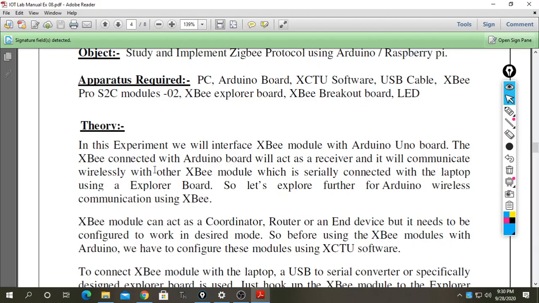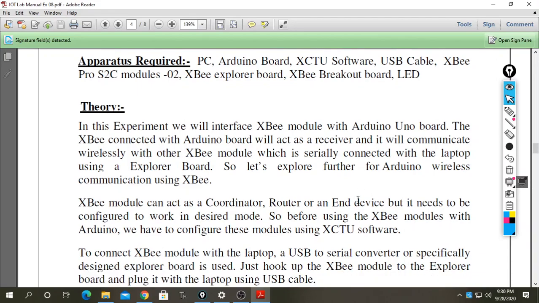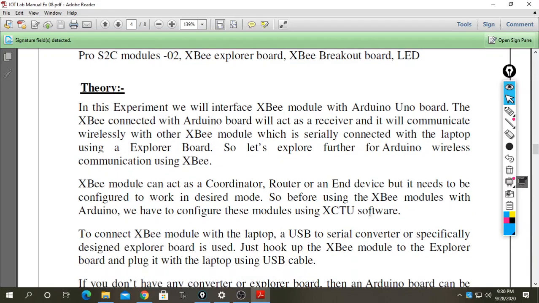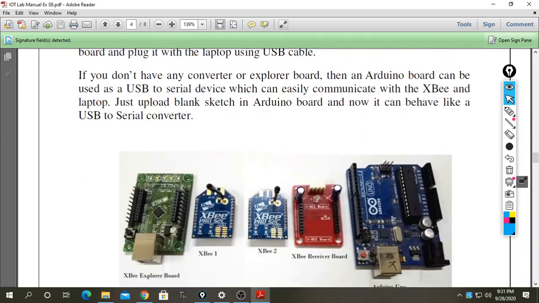The XBee module or XBee board is a serially connected board which is fitted over your Explorer board, and this Explorer board works as a receiver or transmitter, which transmits signals to another XBee board fitted over your Arduino board with the help of the XBee receiver board.